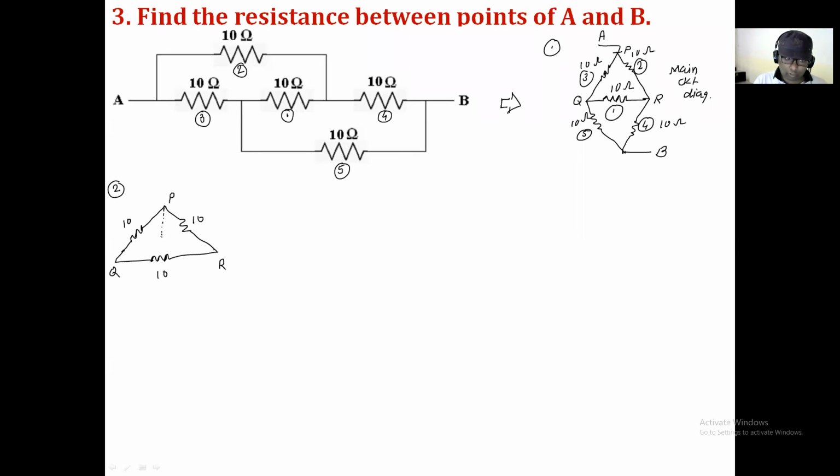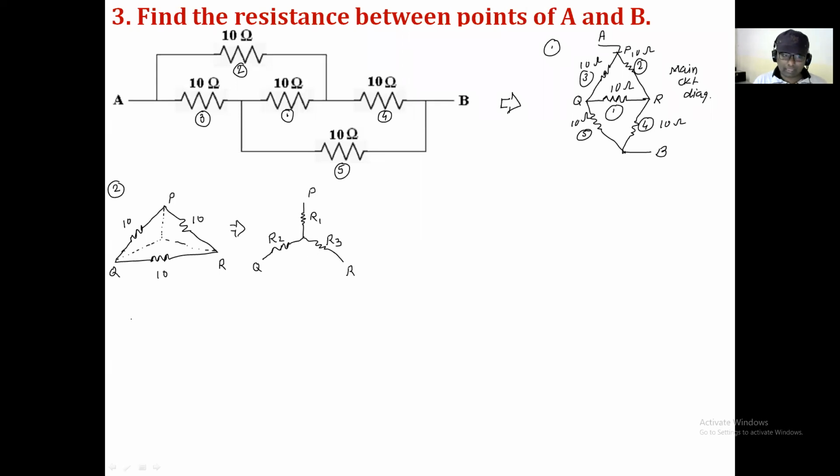Now we have to convert this triangle, this delta, into equivalent star. For that, I have just prepared the star diagram inside the triangle, and in the same way I try to draw the equivalent star diagram with the resistances. For what purpose? We just prepare it with a dotted line because it is very easy to copy the diagram as it is outside. P point should be upper and the Q and R should be at lower. So I say that this is point P, this is point Q, this is point R. Now here I assume that this is R1, this is R2, and this is R3.